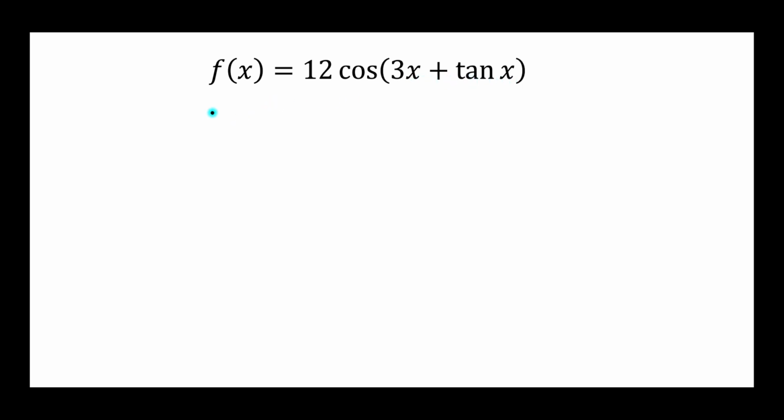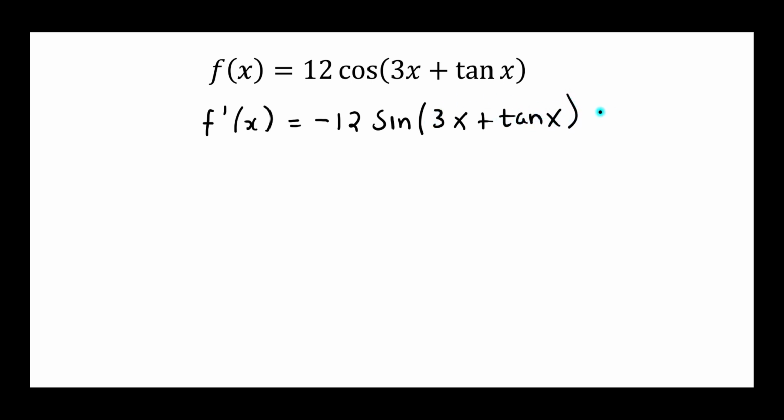If we want to differentiate this, f dash x would give me, now the derivative of cos is sine, so that would be minus 12 sine, that's differentiating that bit, keeping this as it is, 3x plus tan x, multiplied by the derivative of the inner part,